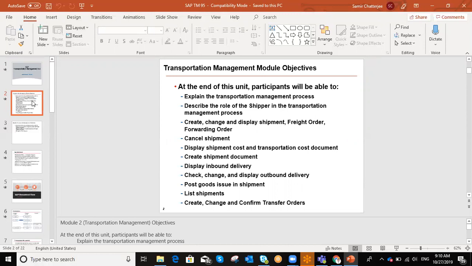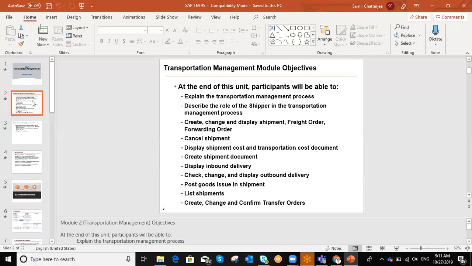Also, if there is any problem delivering this particular goods, we need to cancel the shipment and display the shipment cost, transportation cost, the freight cost, and also we shall discuss the shipment documents, and every transportation